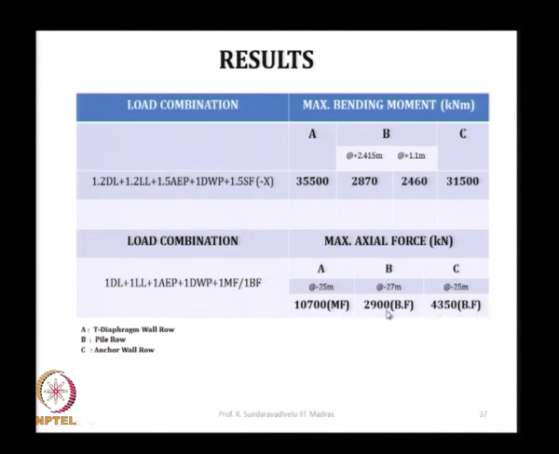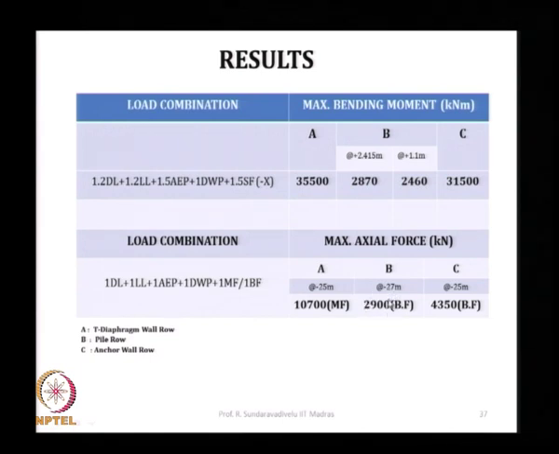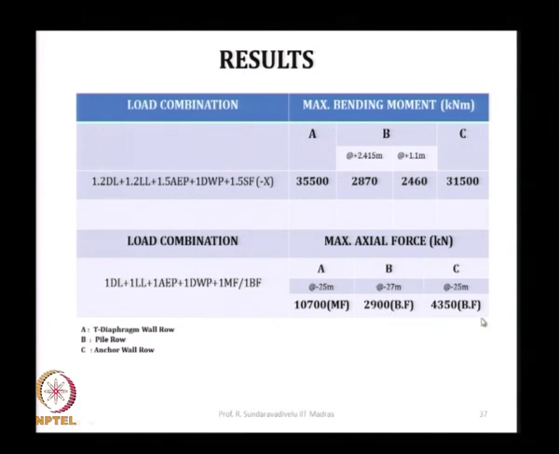do the analysis for the actual load, similar to working stress design, and find out the maximum force coming onto the structure. For the pile, if the maximum force coming on the structure is 2900 kilonewton, the load is transferred by skin friction and end bearing. Calculate the ultimate load that it can take and give a factor of safety that should be more than this 2900. So, when you put a mooring force combination, the maximum axial force comes for the main diaphragm wall. If you put the berthing force combination, you get the maximum force for the pile as well as for the anchor wall. That is why it is listed here.